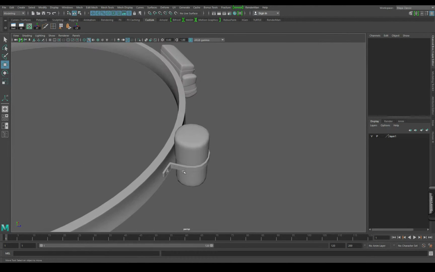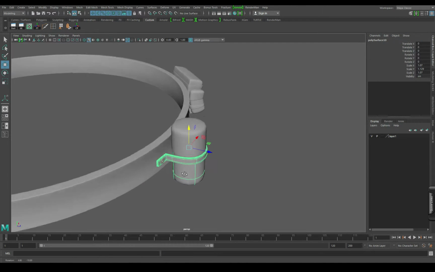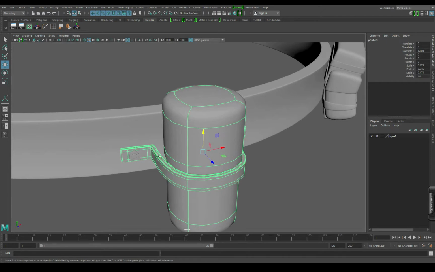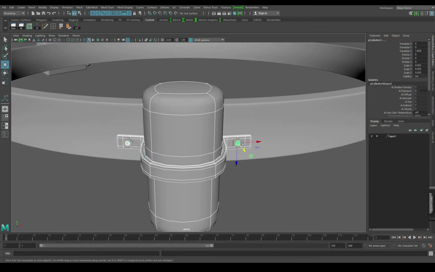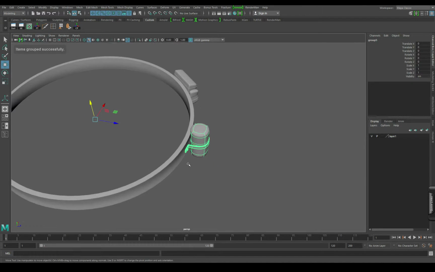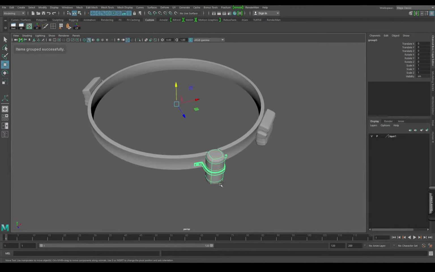I can take this group. I can take the entire group of those. I can take this and this, just select one and hit up on the keyboard to select the groups. I can take the entire group and group that, and there's the beauty of it. I can Control D, and I can just rotate it a little bit this way. Control D, rotate it a bit this way,